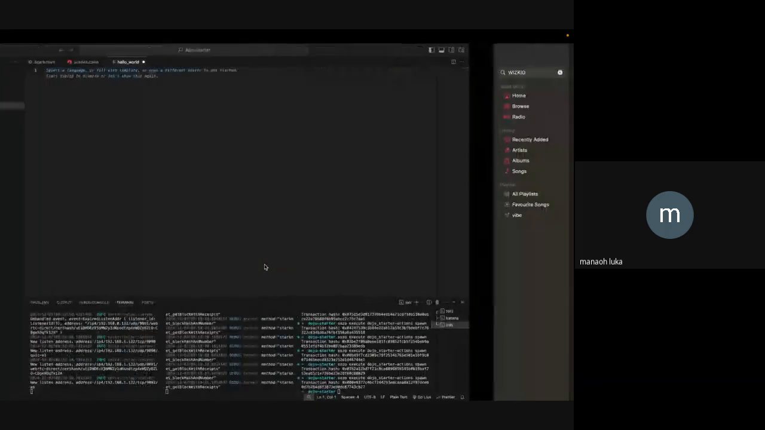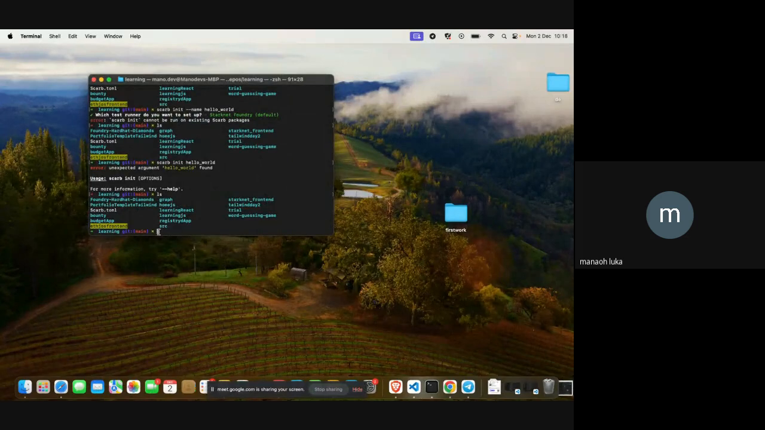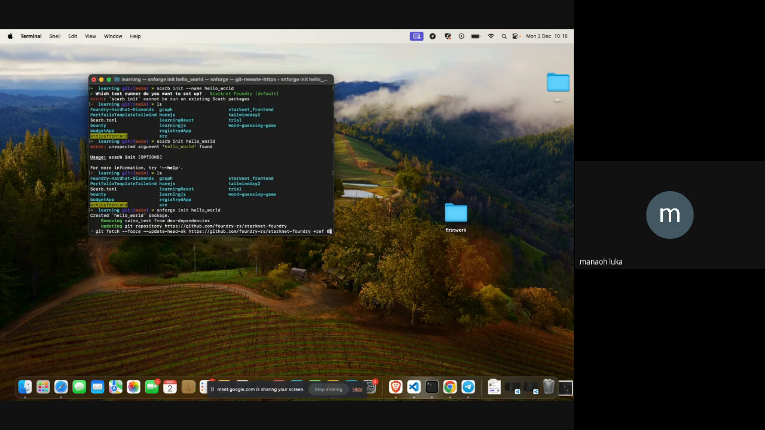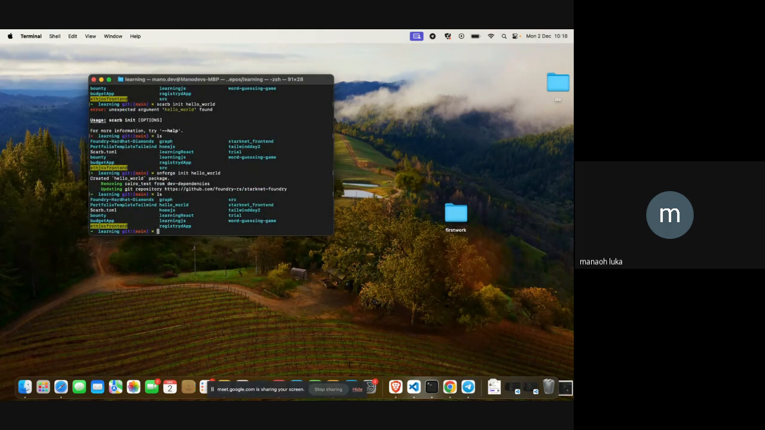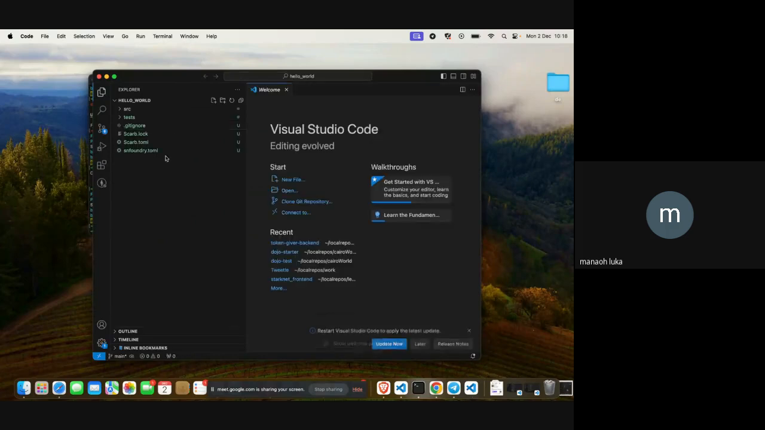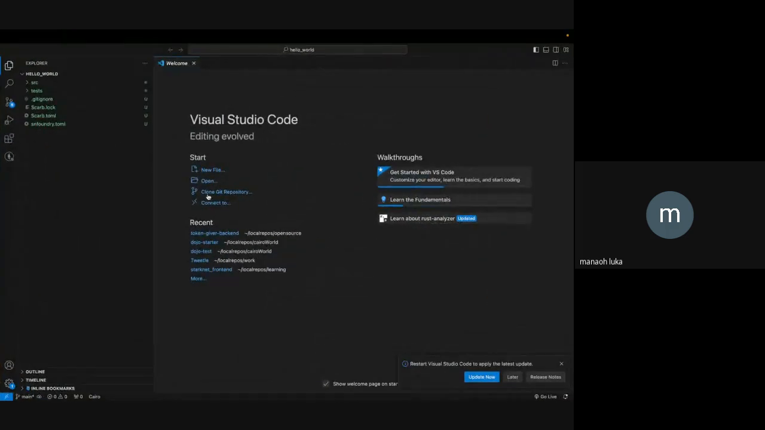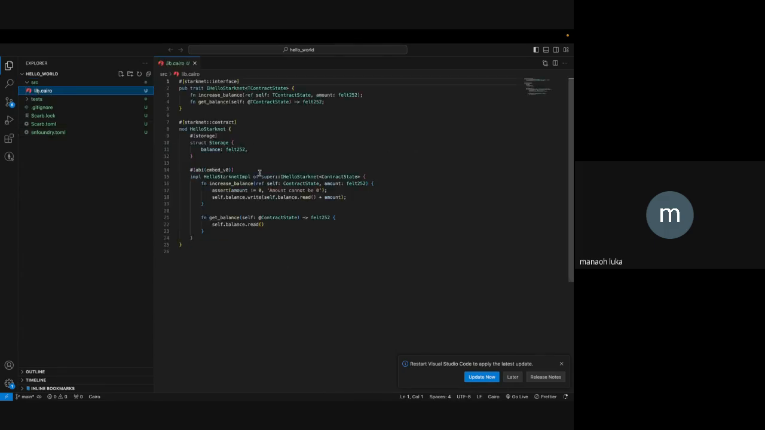So let's just use the Starknet Foundry method. On Starknet Foundry, I'll just say snforge init, and then say the project name, right? So let's say hello world. Yeah, so we have it here, and then I'll just set it up. I think there's a problem with my scarb. It's been long since I updated it. But this just spun up a basic Starknet contract for us,